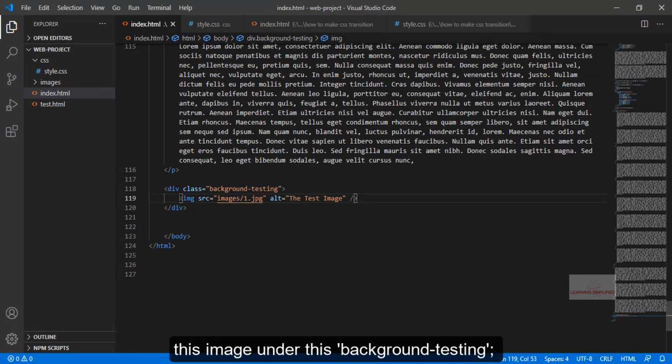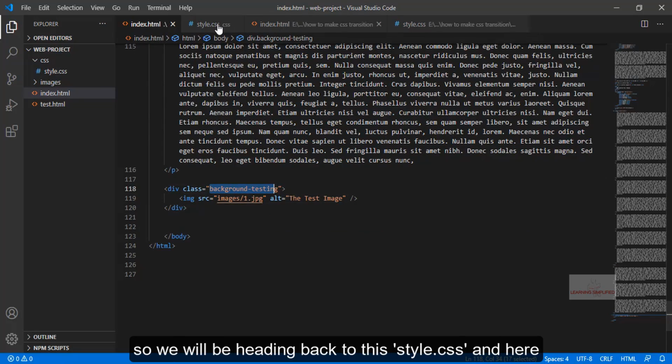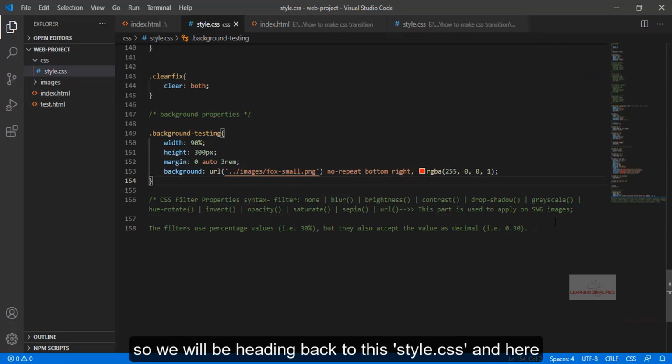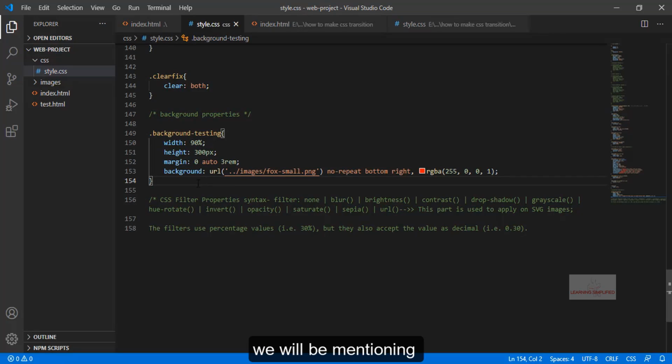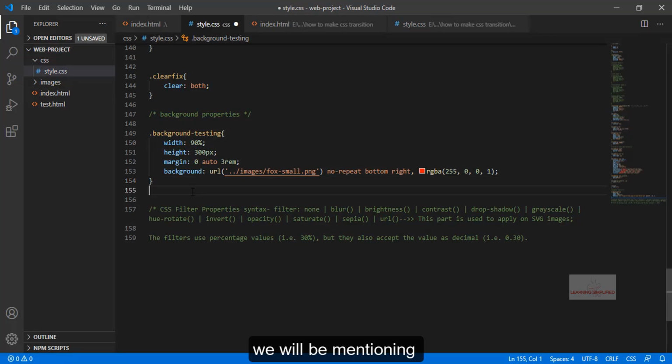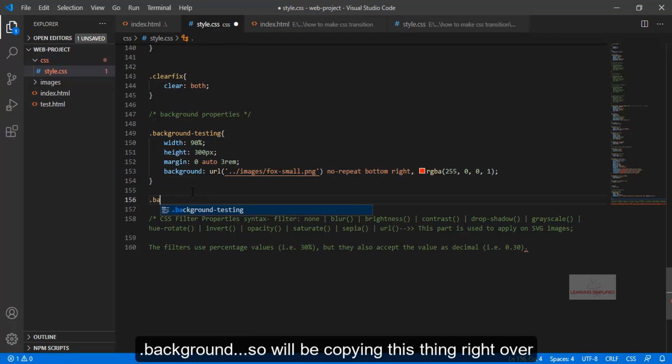We have used this image under this background testing. So we'll be heading back to the style.css, and here we will be mentioning dot background.